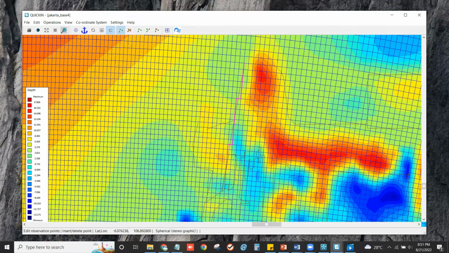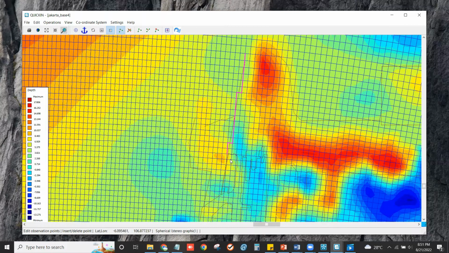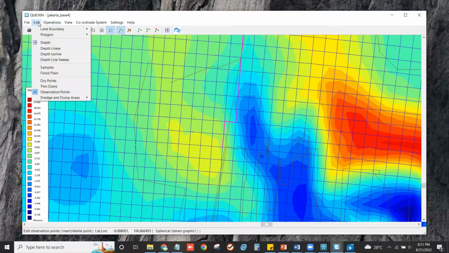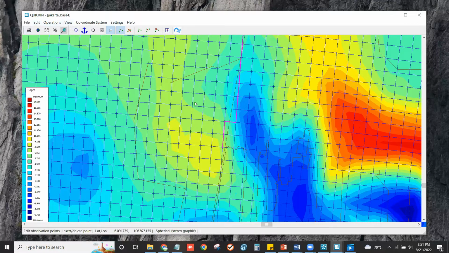If the observation point already has coordinates, we can estimate where it is located on the grid. You can see longitude and latitude, and you can click the location of the observation point. For example, if this coordinate is on the grid, then we just point to the coordinate.